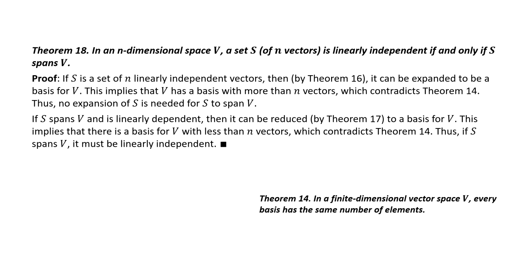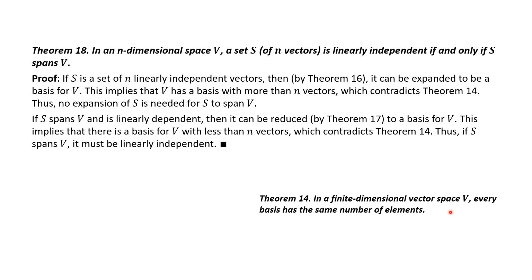We have one last theorem for this lesson. In an n-dimensional vector space V, a set S of n vectors is linearly independent if and only if S spans V. So going in the forward direction, since we have if and only if, we need to go both directions. If S is a set of n linearly independent vectors, then by Theorem 16 it can be expanded to be a basis for V. This implies V has a basis with more than n vectors, which contradicts Theorem 14,